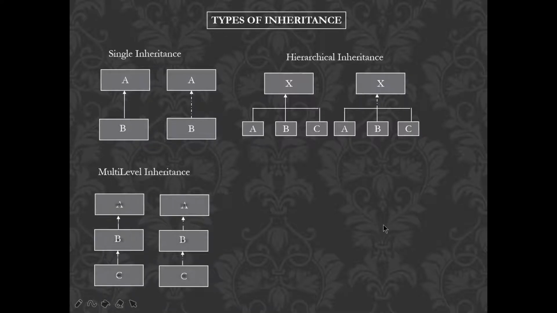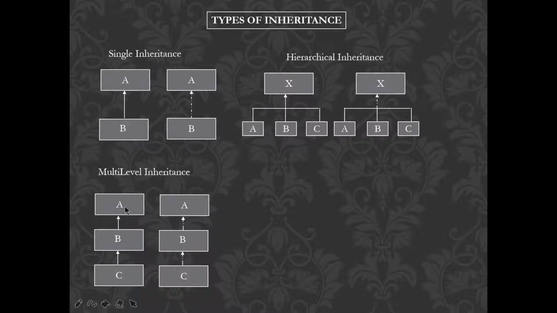Multi-level inheritance is nothing but, diagrammatically, it will be represented like this, where class C can inherit the properties of B, class B can inherit the properties of A. That means in turn we can say C can refer to A also. Why? Because indirectly it has been connected to A. So in a multi-level way we are getting the inheritance, we are reusing the properties. This is one way of achieving inheritance, which is called multi-level inheritance.